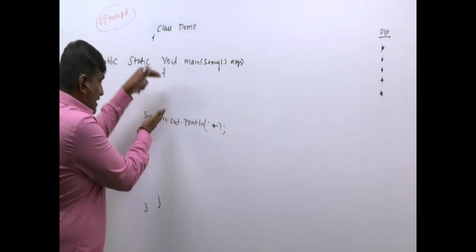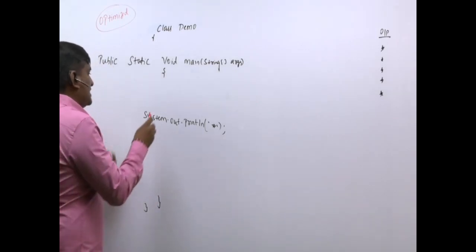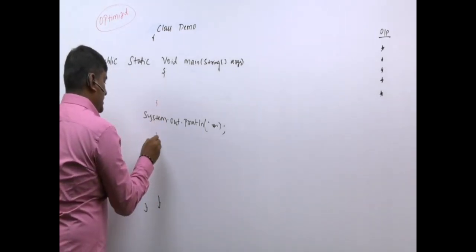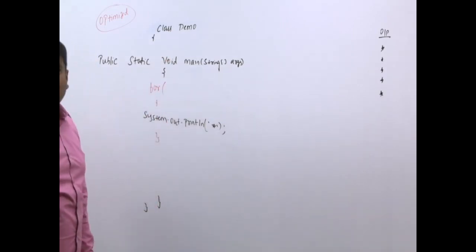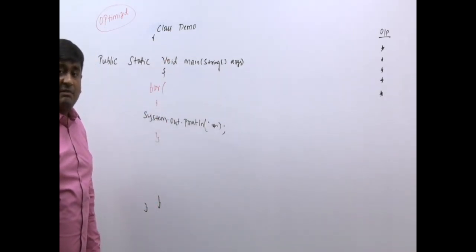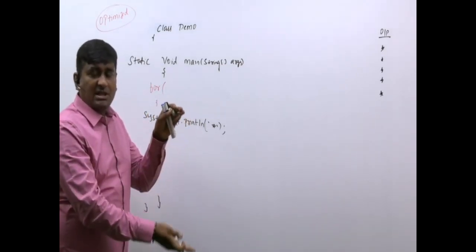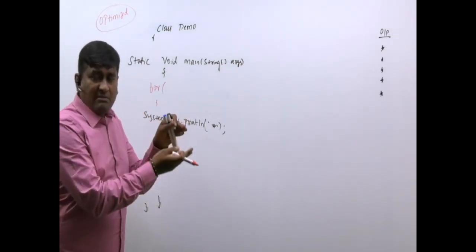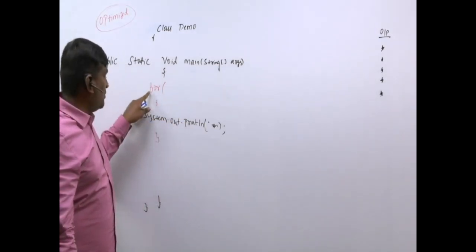So instead of having multiple lines, I will keep only one line or one copy. Whatever that one copy is, I will put it inside something called a for loop, like this. Always remember when to use a for loop. Very simple: whenever the same lines of code are repeated multiple times, or whenever you're doing the same task multiple times, have only one copy. That copy you put inside what?